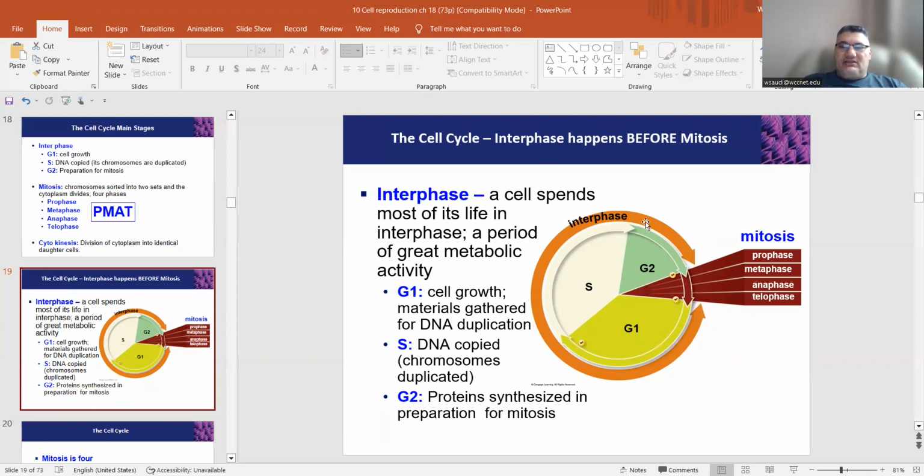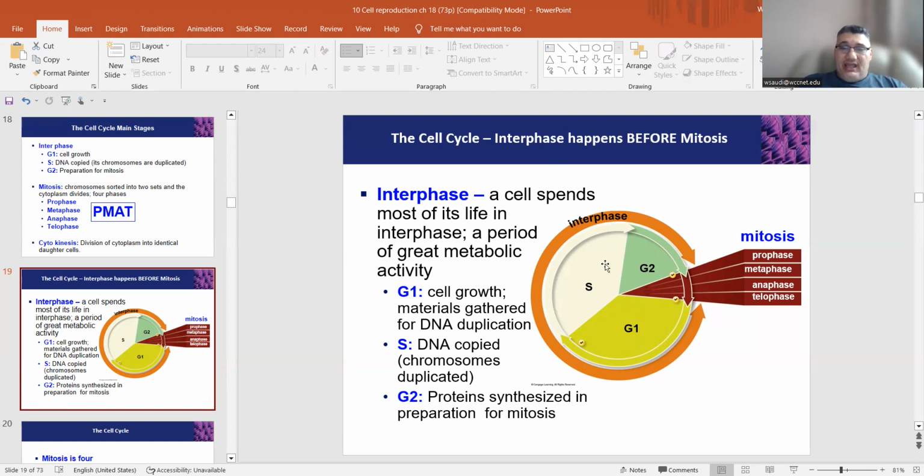The interphase right here is divided into three parts: G1, S, G2. G1, the cell grows. Grows for what? Just normal growth, and also to prepare and provide what the cells need to duplicate the chromosomes, preparing for the